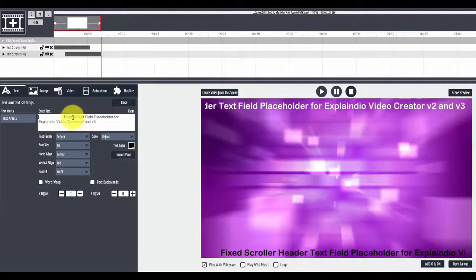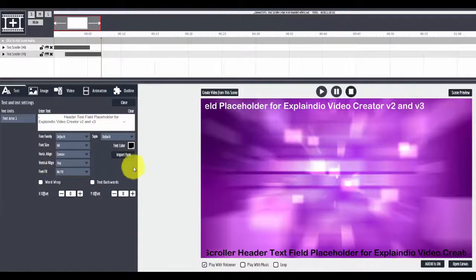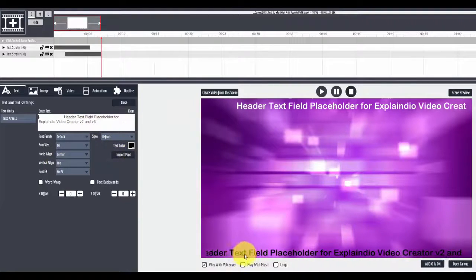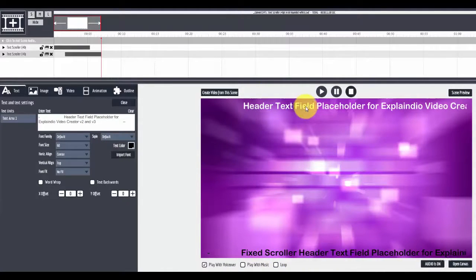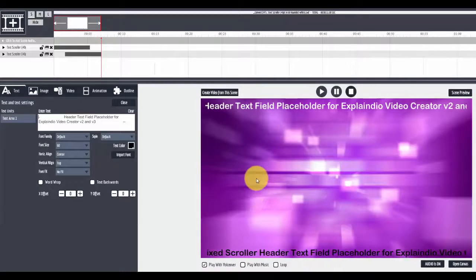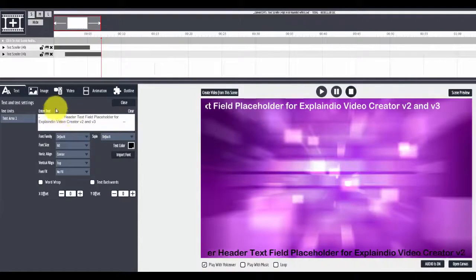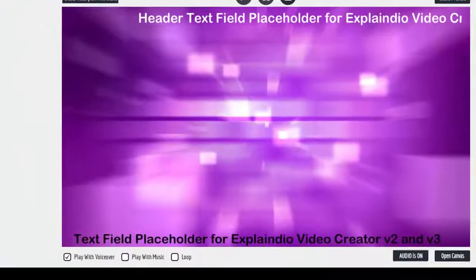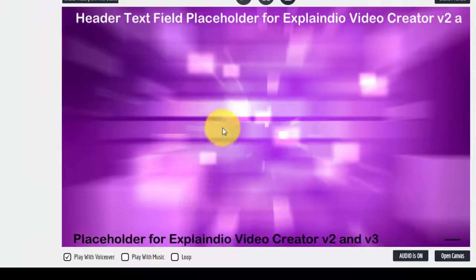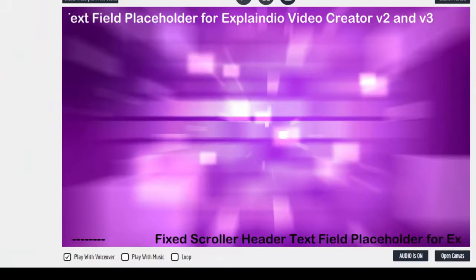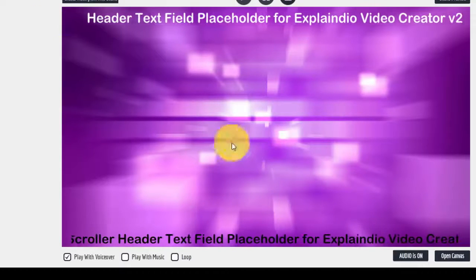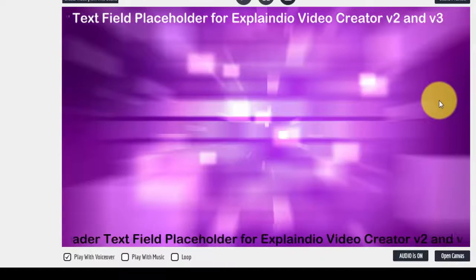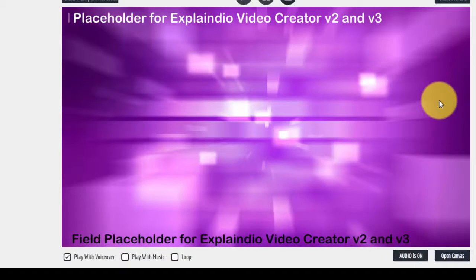So you can put text in here. You can't change the font or the color or anything else. That's why I made a 24-point and a 40-point black, and a 24-point and a 40-point white. You can put as much text as you want in here, and then when you restart it, you get this. The only thing it doesn't do, as you can see, is scroll the text all the way to the end and then start again. That's a coding issue I'm trying to resolve,